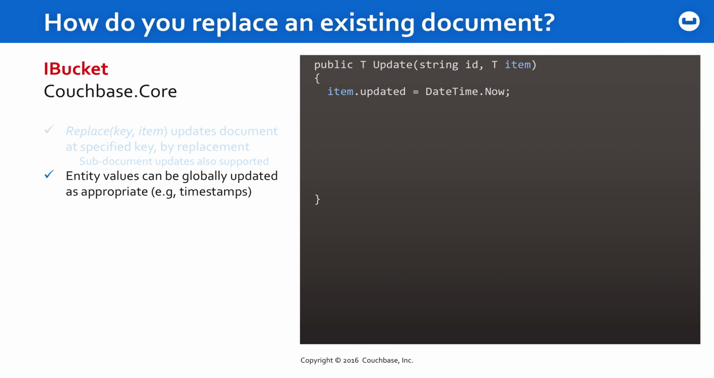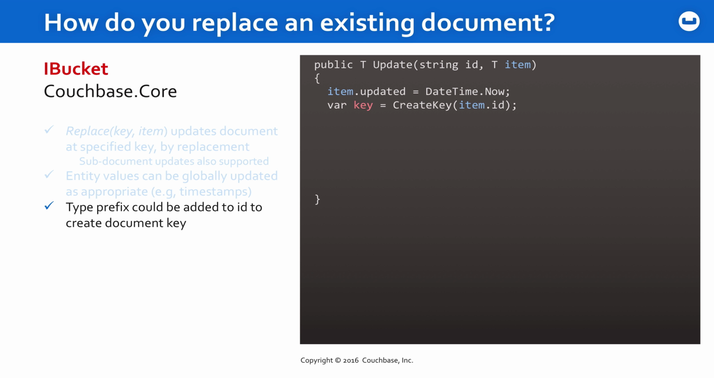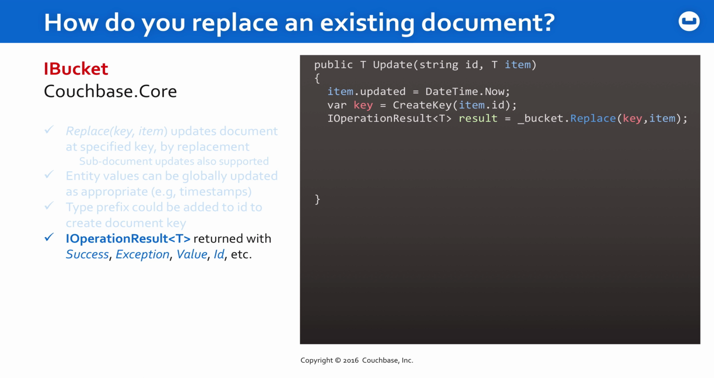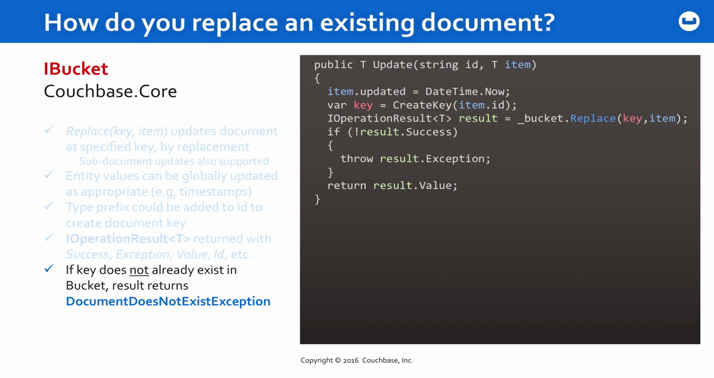So, in the update, you would want to update your entity values, like update updated to the current date and time, and then you would also possibly be working with type prefixing, so you would pass the value through to ensure that it has the correct type prefix on the key, because you have to update the document by its key, and then you get back a result as before. If that result is successful, great. If not, well, if you're trying to update a document that does not already exist in the bucket, well, then you're going to get a document does not exist exception